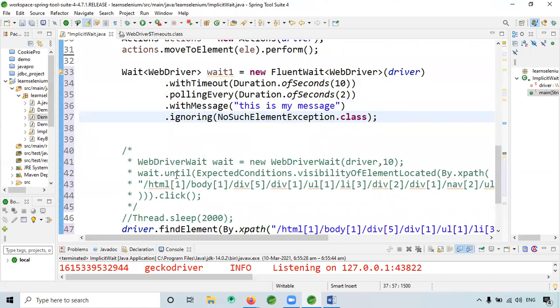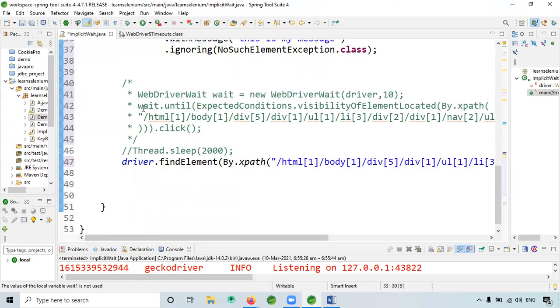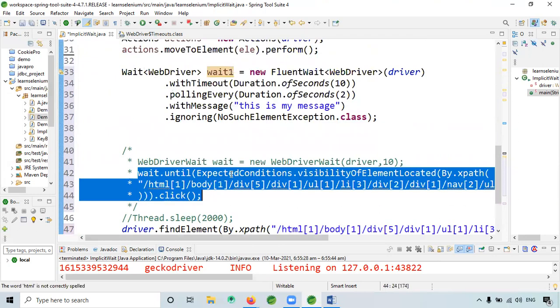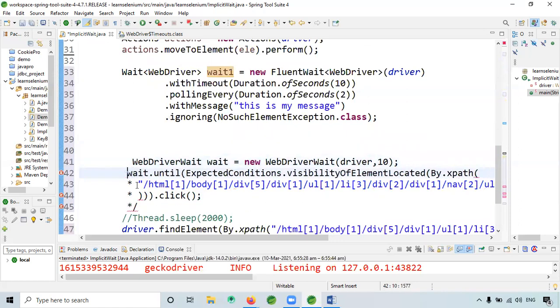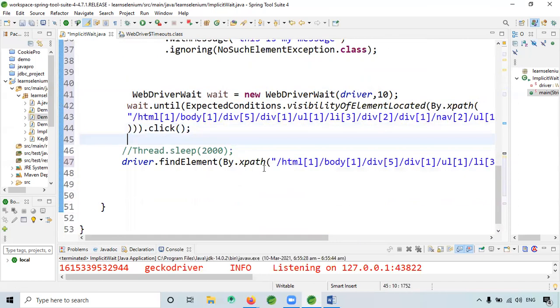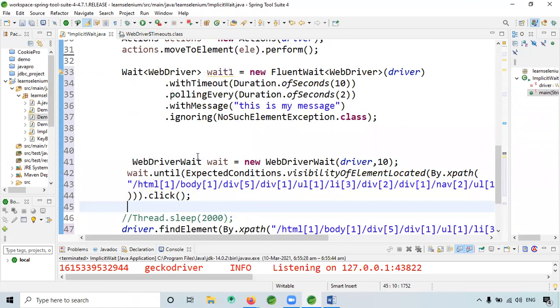So here, this we have given, right? Like this. Now actually we have to use this one. Fluent wait, I don't think you can use it normally; with explicit wait, with the condition, we can use it. So I will comment this.